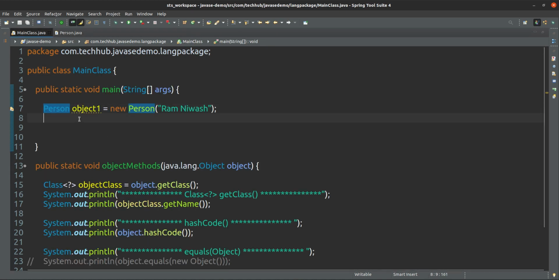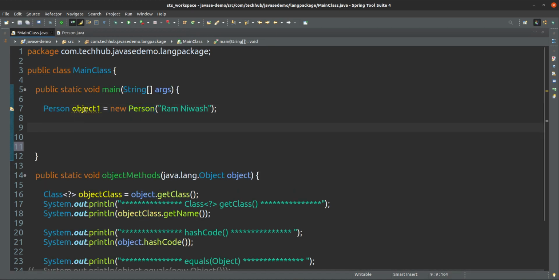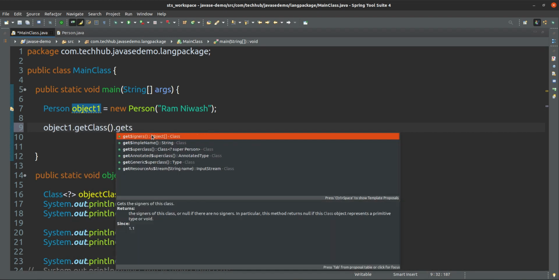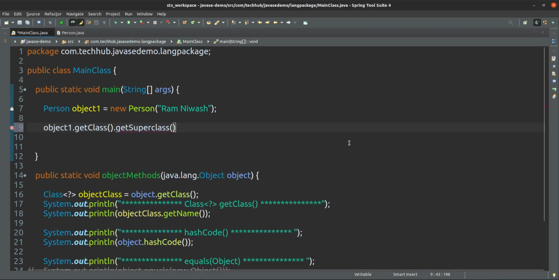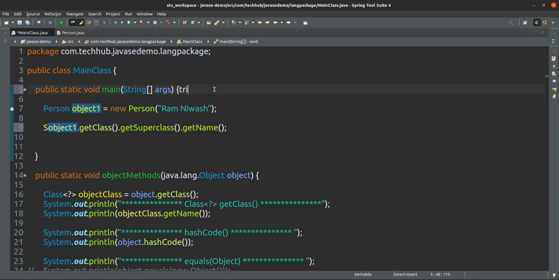You can do that if you want. From this, I will call getClass, then getSuperclass, then getName. That's it. This is some reflection code. It returns a String, so I create a String class name.